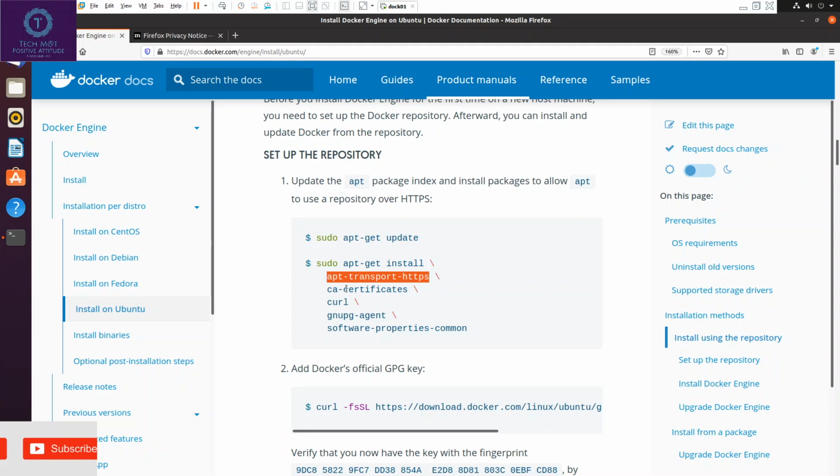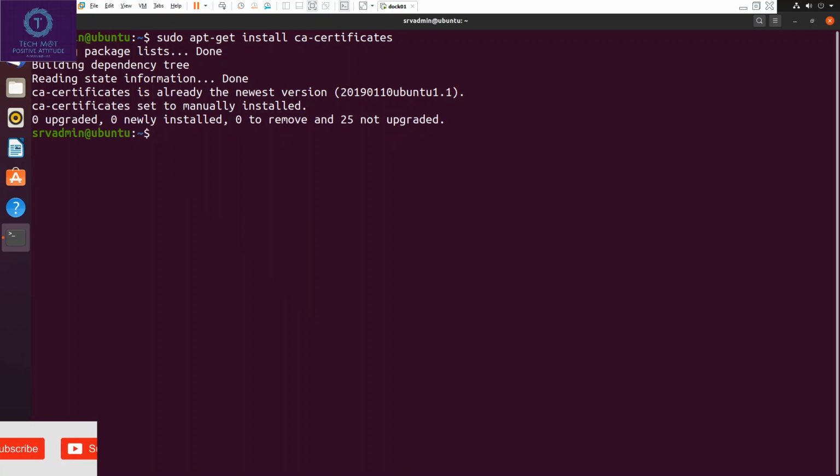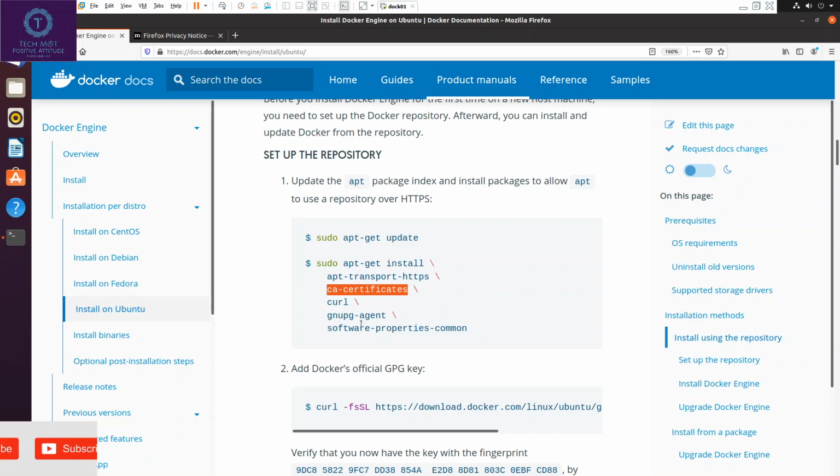Next package is ca-certificates. Next package is curl.